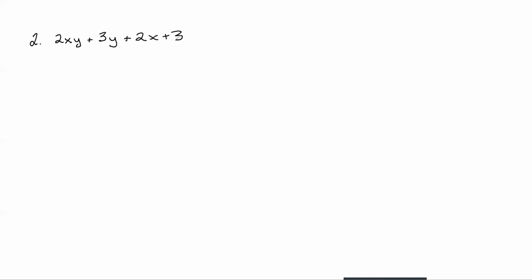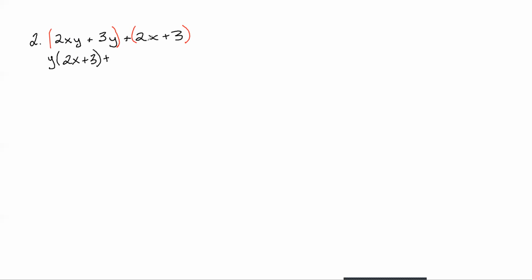So first thing here, let's go ahead and group our first two terms, leave the plus sign, last two terms, and then we'll factor out from each group. So first group here, we don't have any common factors for the 2 and 3. They don't both have an x, but they do both have a y. And so if we get rid of the y, we're left with 2x plus, get rid of the y, we're left with 3,